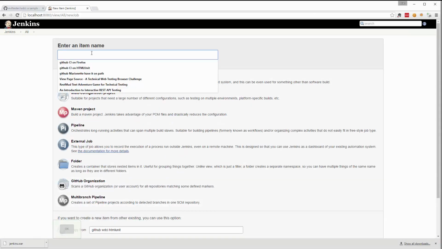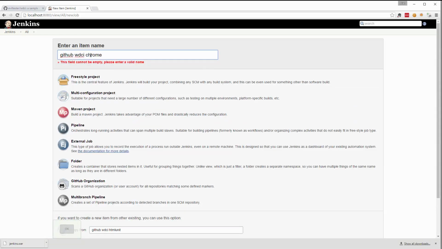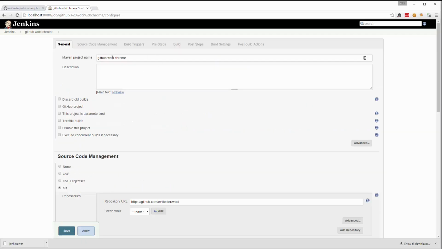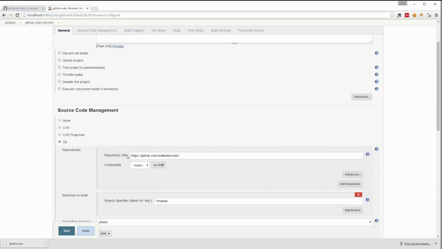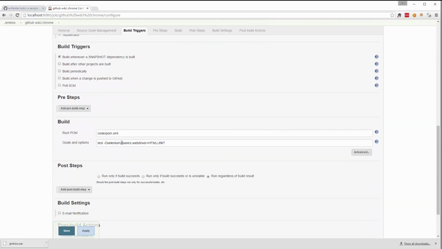So let's GitHub wdci, and I'll call it Chrome. Click here to get rid of that. Okay. So now GitHub wdci Chrome, there's the GitHub repo, and we've got HtmlUnit. Let me change that to Google Chrome, because that is what is specified in the driver. Let me add a new property, -d WebDriver.chrome.driver equals,